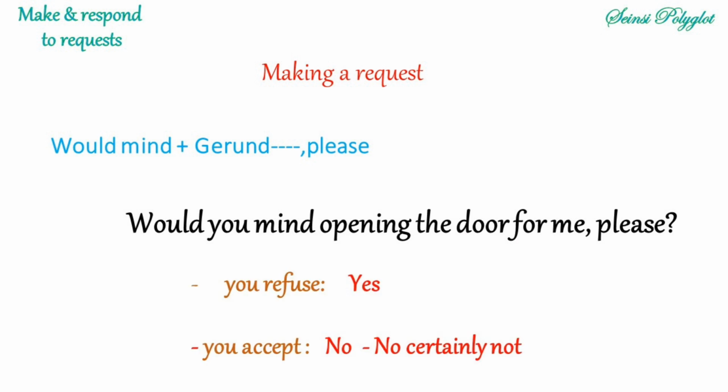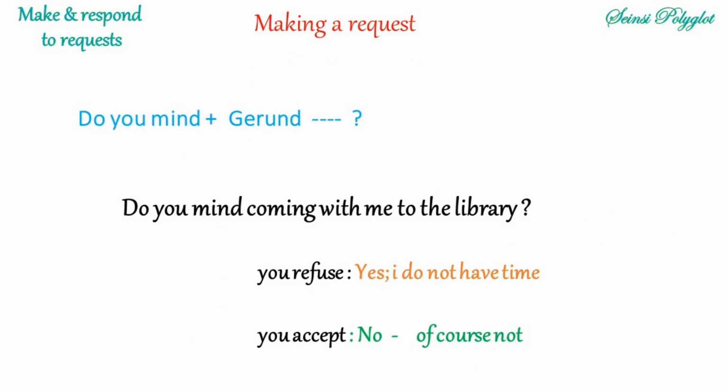So, if you accept to open the door, you will say no, certainly not, or just no. But if you refuse, you will say yes. Another way to make a request is using do you mind plus gerund, like in this example. Do you mind coming with me to the library? So, if you refuse, you will say yes, I do not have time. But if you accept, you will just say no,